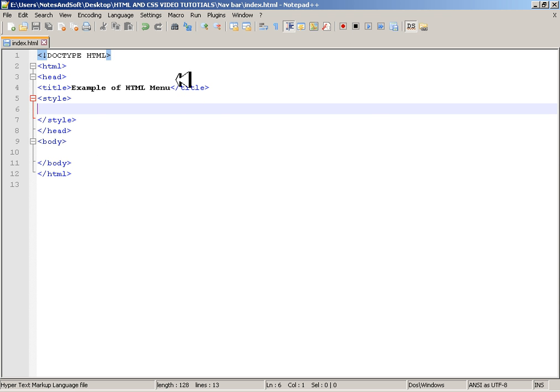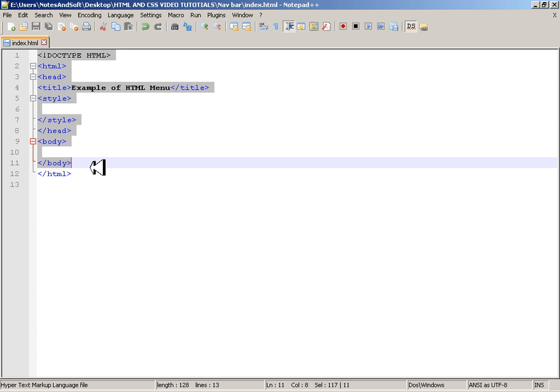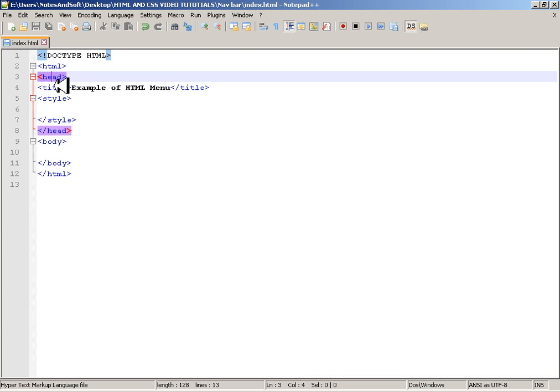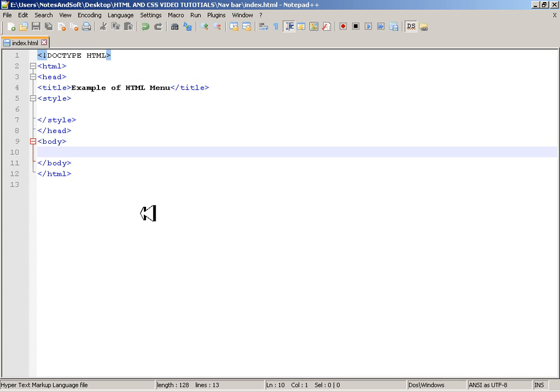Welcome friends to this tutorial, and in this tutorial we are going to learn how to create a navigation bar. In other words, a nav bar. So let's start with it. First of all, you need to create a simple, basic HTML code that has a body, and now in the body